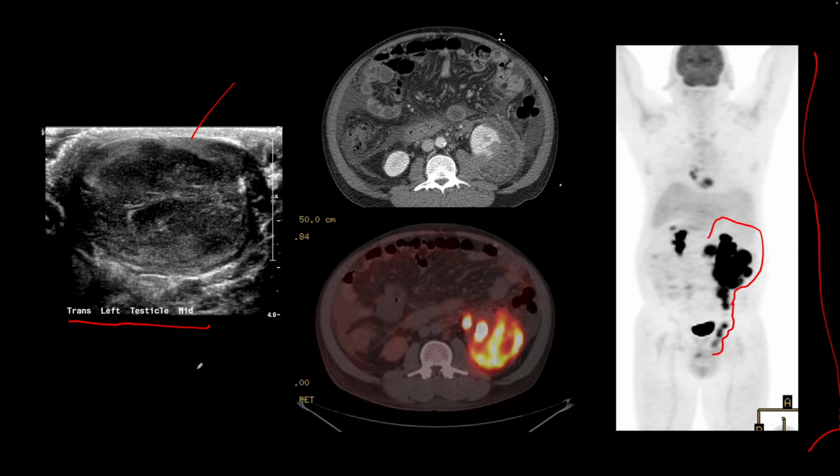And so in an older male, more than 70 years of age, you have to question the presence of a lymphoma as the tumor arising in the testicle, and primary testicular lymphomas are rare. And one of the characteristics of primary testicular lymphomas is there is a contiguous spread along the inguinal canal into the retroperitoneal space. And on this fused PET CT image, we find that there is a large tumor involving the